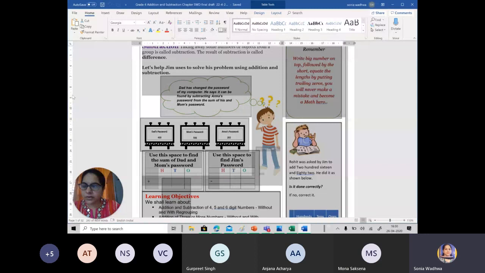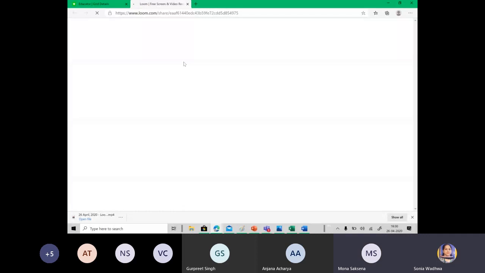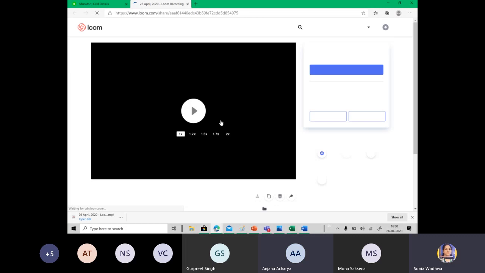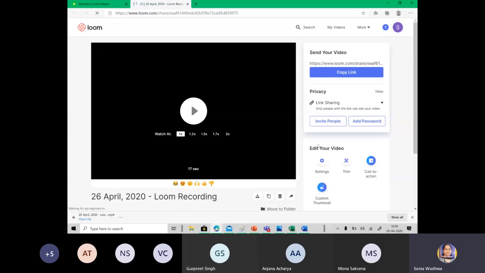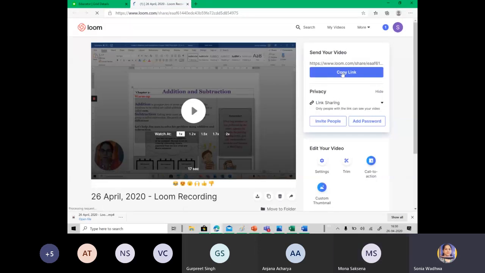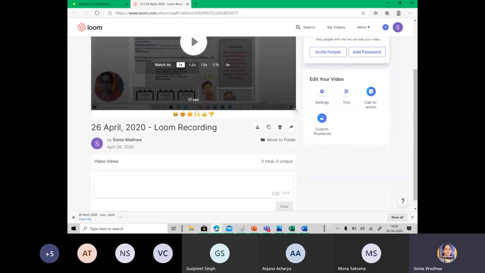Once you stop recording, your recording goes to your dashboard. And then as I explained, you can set the screen, you can set trimming and all. And once it is done, one way, if you want to share it with people, is copy link. So you can let it be on Loom's cloud space and you don't need to move it anywhere. You can say copy link, or if you are thinking that my videos should be with me, you first download it and then remove it from here.